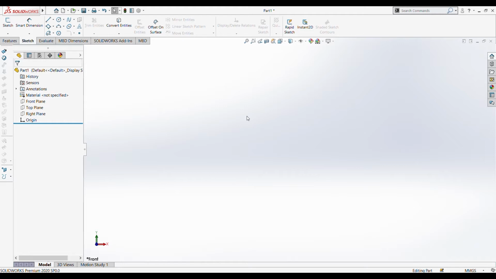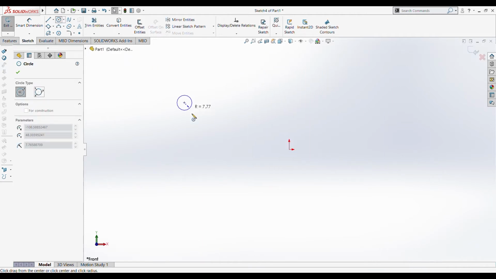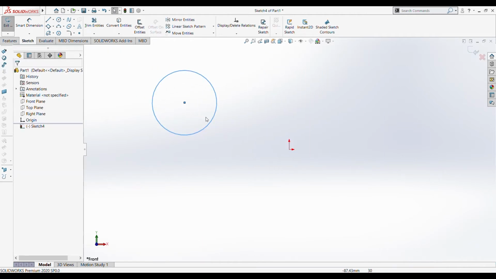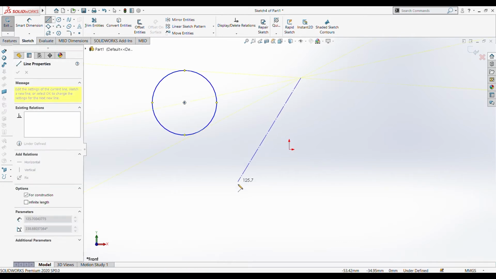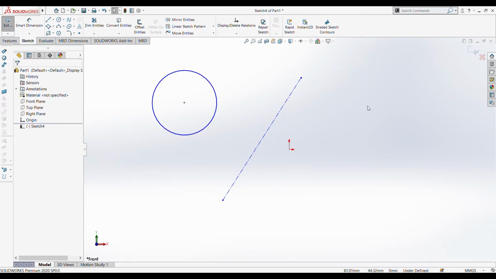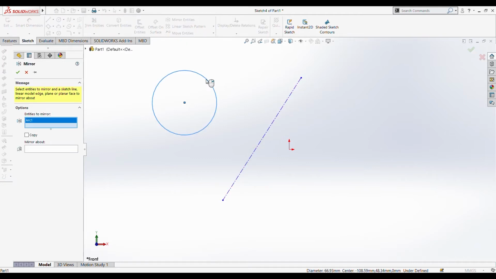And let us sketch on an entity and draw a construction line first. So let's first draw an entity or a sketch. Suppose I want to mirror this circle. I draw the circle and I just need to draw a construction line. And now if I want to mirror it about this line, I just activate mirror, select this, mirror about, and